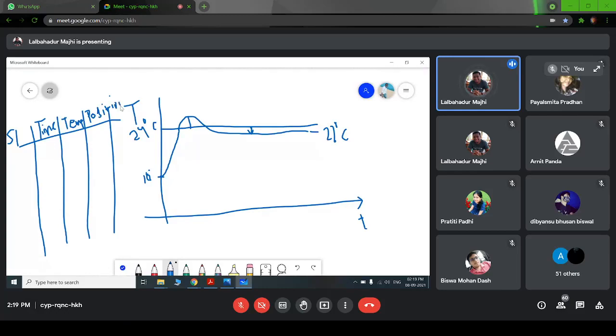Okay, so make 4 columns: the first one is the serial number, then time, temperature, and position of this oven switch. We have to take the readings at every 5-second interval. We'll start with 0 seconds as our initial point, then 5, then 10, then 15. Each 5-second interval we have to take the readings, and we will take up to